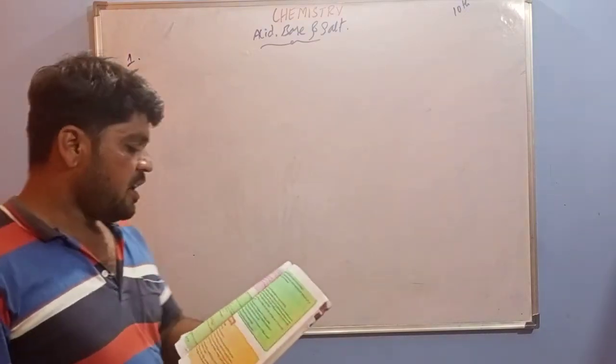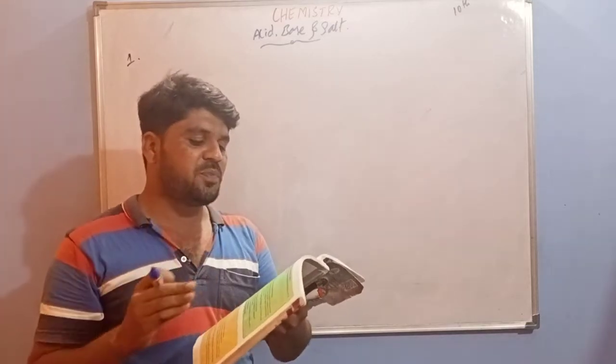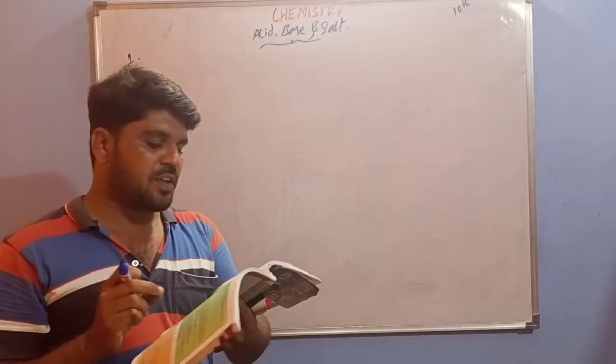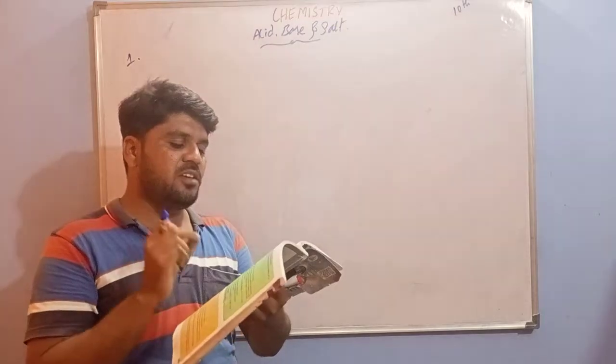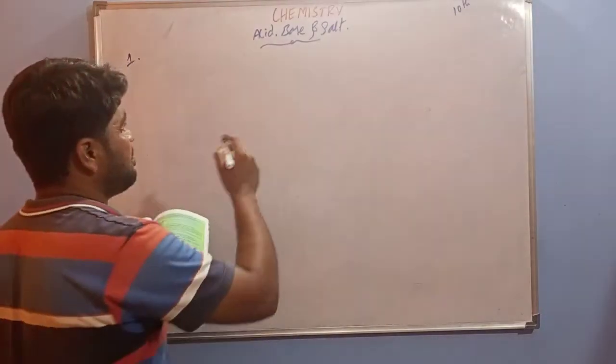In that, the first question is like this. A solution turns red litmus blue. Its pH is likely to be: option A is 1, B is 4, C is 5 and D is 10. So please remember the trick